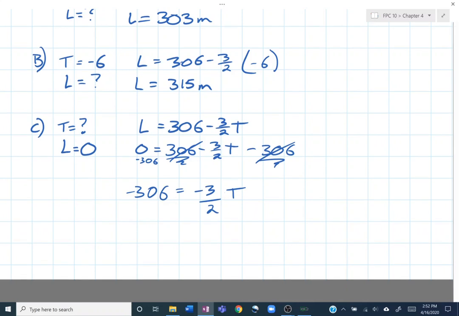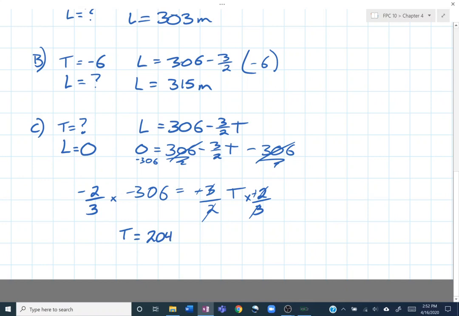What I can do to both sides of this now is I can multiply by, I want to get rid of the -3/2. So I'm going to multiply by the reciprocal, which is -2/3, and I have to do that to both sides. My negative times a negative is a positive. 3 divided by 3 is 1. 2 divided by 2 is also 1. So I'm left with T on one side, and I've just written it on the other side because it doesn't really matter what side the equal sign is on, and I like my variable on my left-hand side a bit better. And I am left with